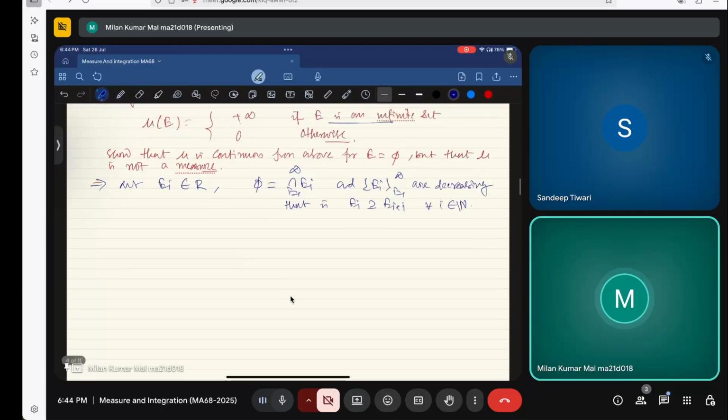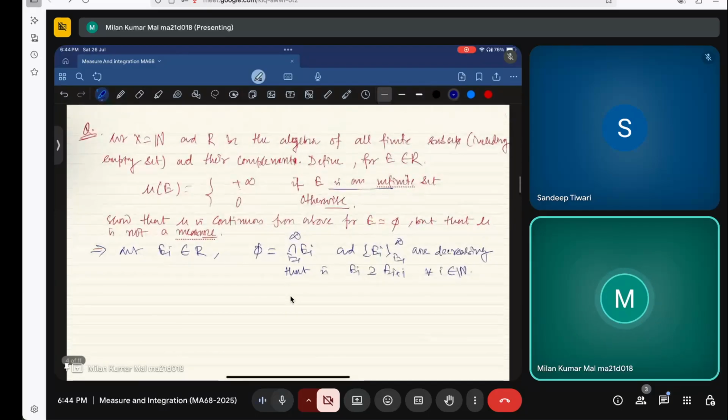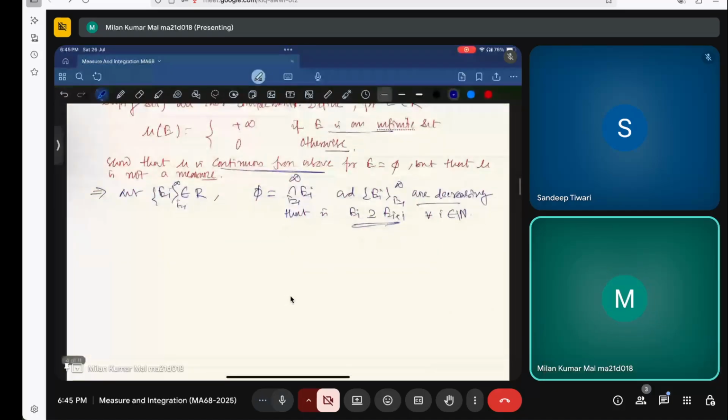So what I have to show is that mu is continuous from above. That means I have to show that if EI is a sequence, i equals 1 to infinity, coming from R, such that the intersection of EI is empty and EI is decreasing, then this happens. Then we need to